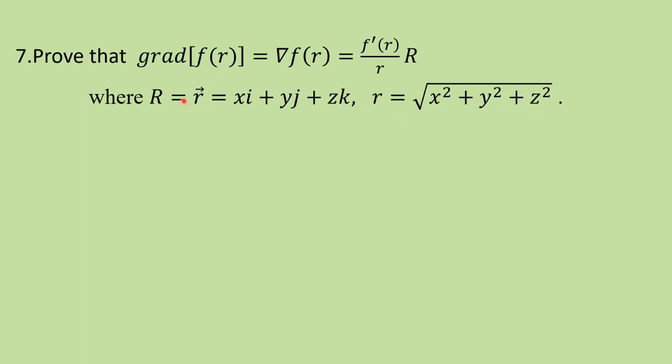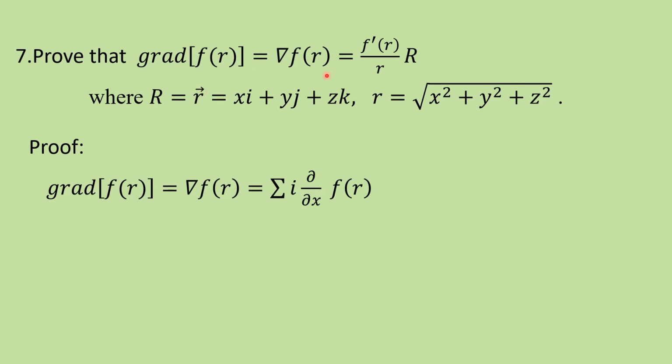So these are the universal notations. So we can use that vector R, xi plus yj plus zk, and r is nothing but the magnitude of vector R. So I just prove this first. Once the proof is over, whenever a function of r is given, you can immediately find its gradient just by using this result. If we have a function of r, then we can get the answer just by differentiating once, then substituting over here f dash of r by r into vector R.